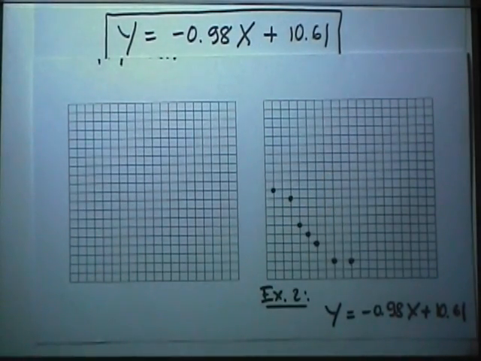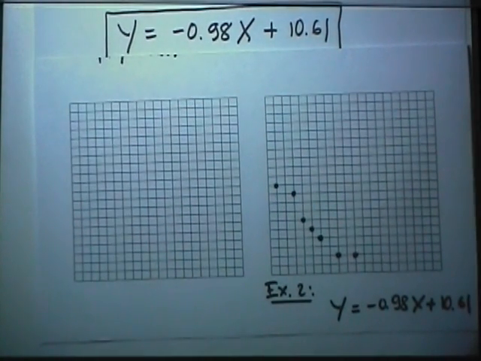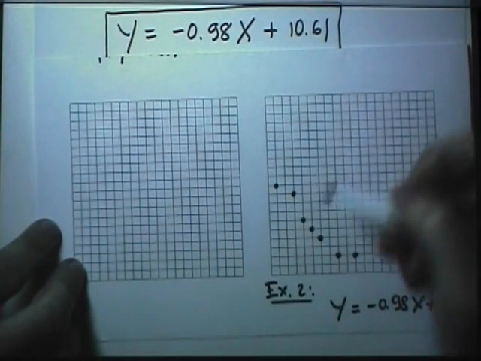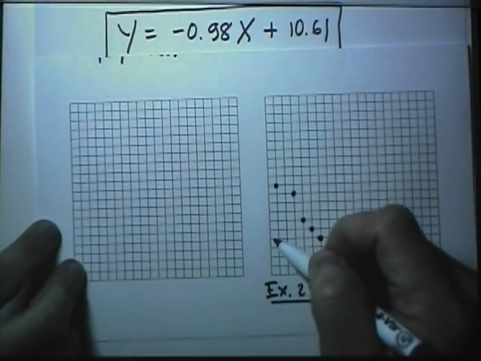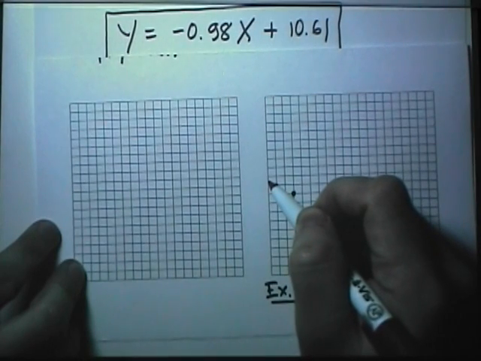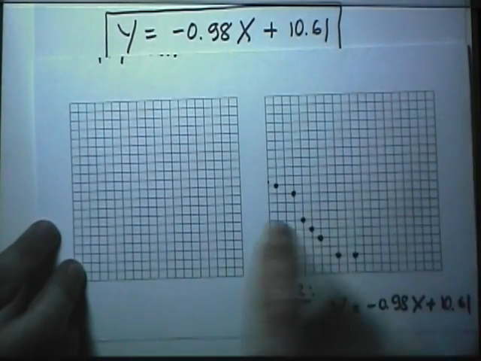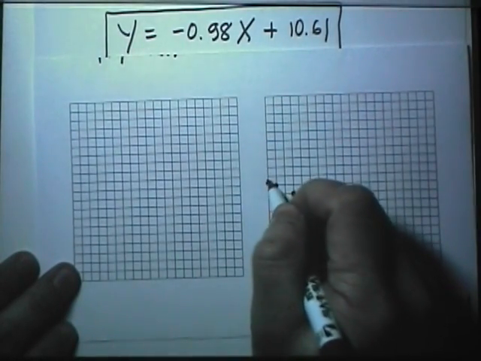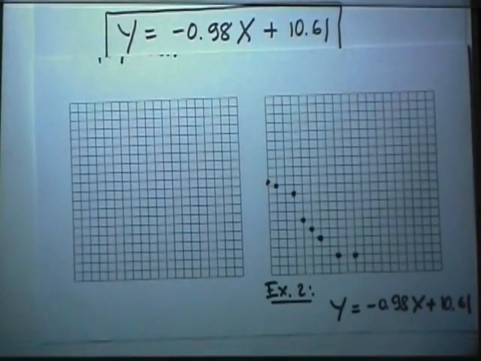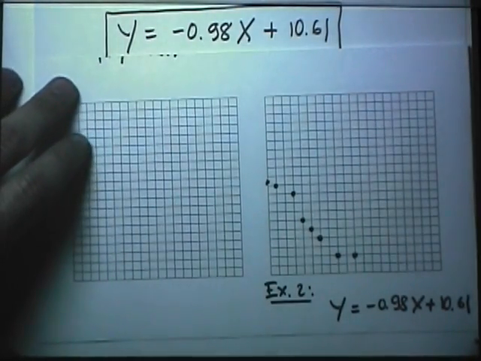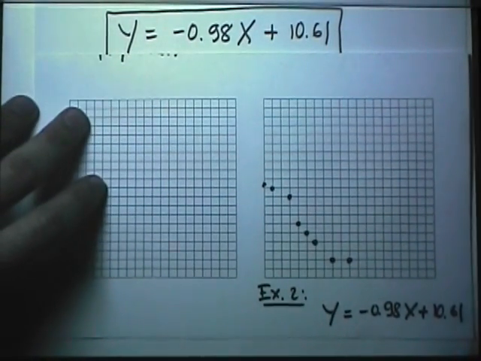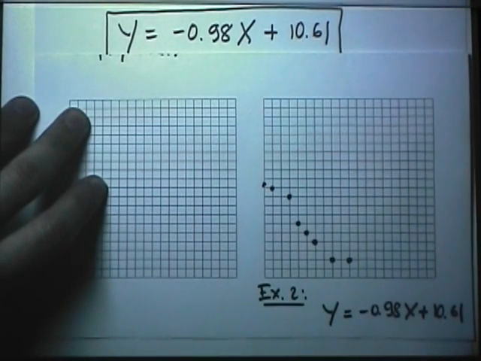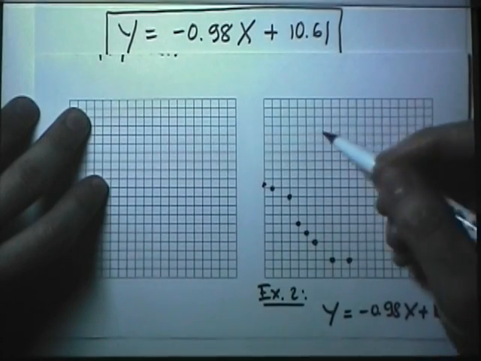This time I'm going to graph the line in red so that you can see what's going on. Okay, so 10.61 is about a point there. Now the point in red that I put right here is a point for the line. It's the point to help me draw the line, but it's not one of our data points. Okay? And because when you draw a line you always need 2 points,